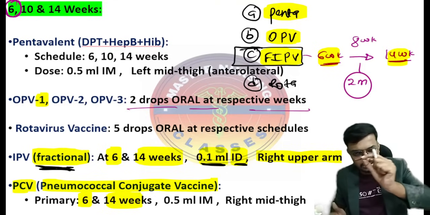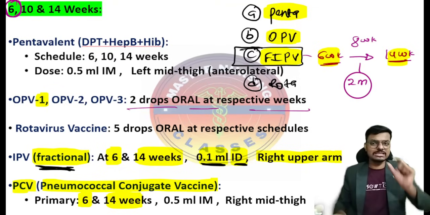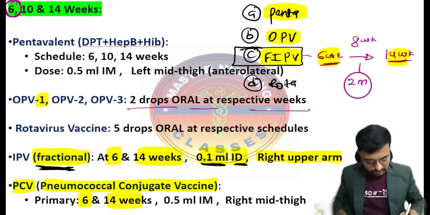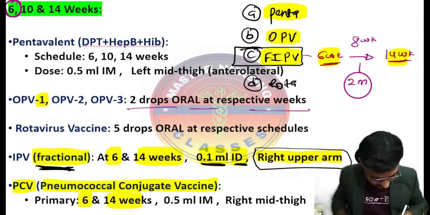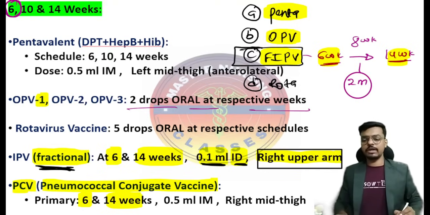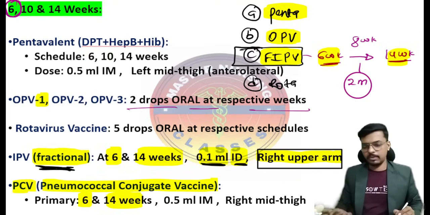We are giving only 0.1 ml. That is not by the IM route. We are giving it by the intradermal route, and the site will be the upper arm. So the right upper arm is a very important site for the administration of the IPV. Please do remember. So the next one is the